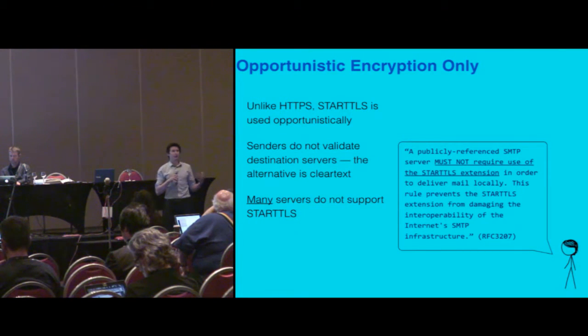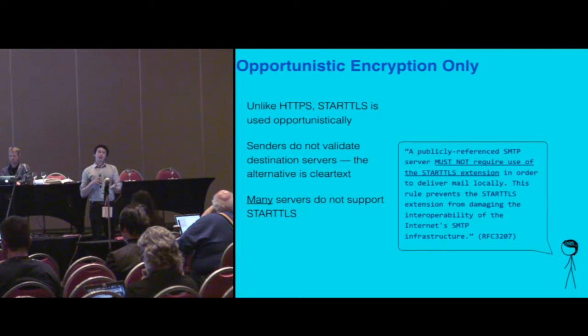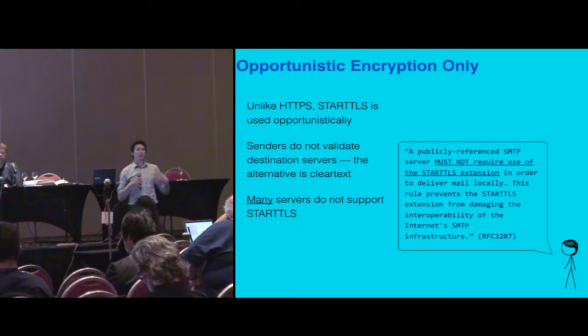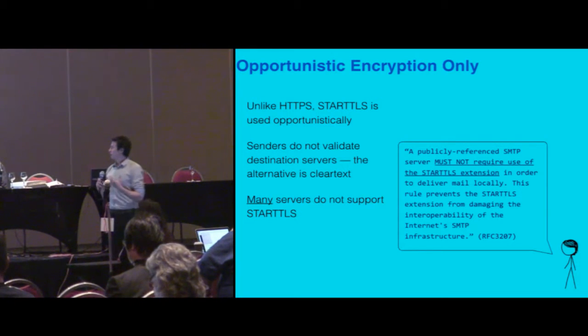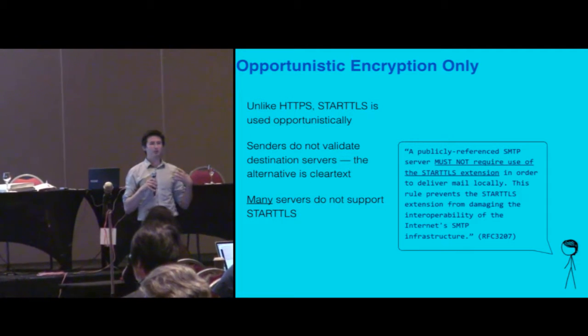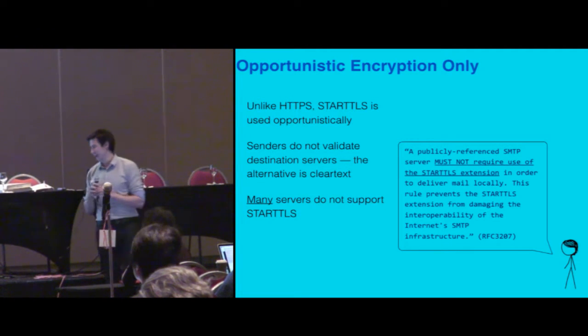And so we ended up in this weird world where servers were not validating the certificates of anyone they delivered mail to. Your option would be to validate the certificate, see that it's expired, and say, I really don't like that expired certificate, so I'm going to now send you mail in clear text. Or to say, well, I don't really like your expired certificate, but sending something using some encryption sure seems better than doing nothing. We chose the latter, where you would deliver mail no matter what the server presented to you. This provided opportunistic encryption against passive eavesdroppers, but really it has no protection against an active adversary.